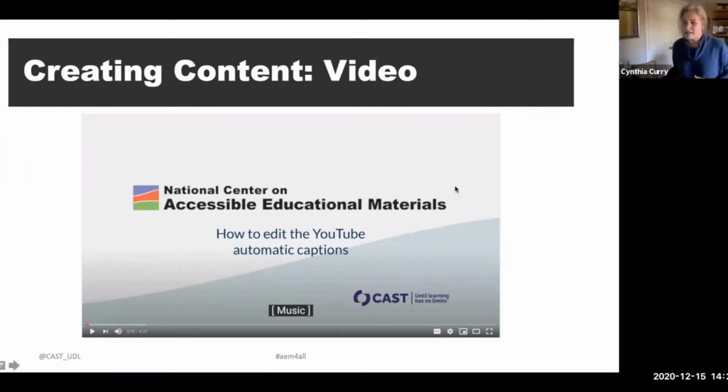And what's not on the slide, but I wanted to make everybody aware of, is there are two ways to make a video accessible. Of course, one is through adding closed captions, but the other is through audio description. Audio description speaks aloud through a narrator, a voiceover, what's happening on the screen. And I have found that both closed caption and audio description together really enhances the content. When it comes to making something perceivable, it provides everything. It has the text, it has the audio, it has the visual.